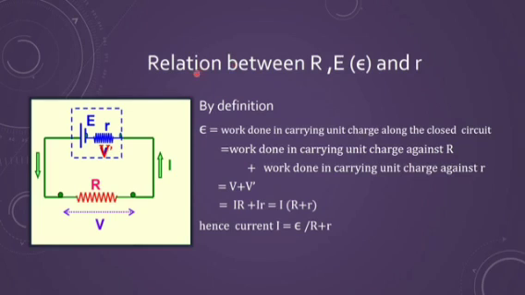We want to find the relation between the internal resistance, which is denoted by small r, EMF, that is denoted by epsilon or capital E, because capital E many times we have used for electric field also. So I'm trying to use epsilon, but if you use capital E, it is equally correct, no problem. And R is what? That is the external resistance, or you may say load resistance.